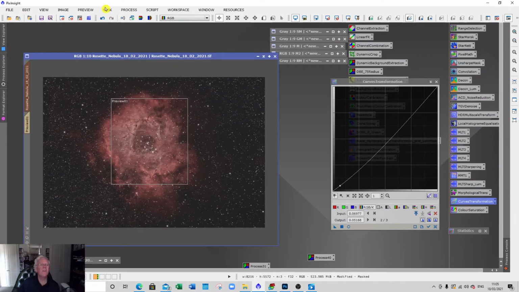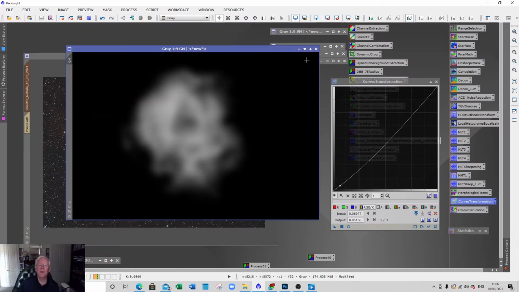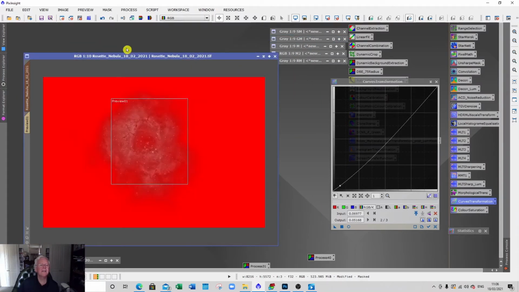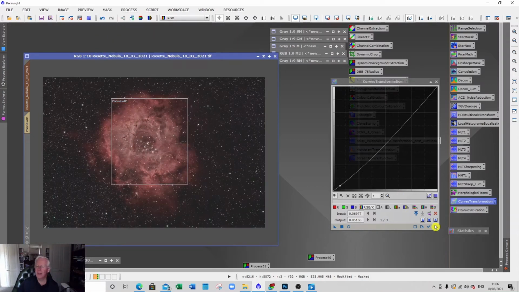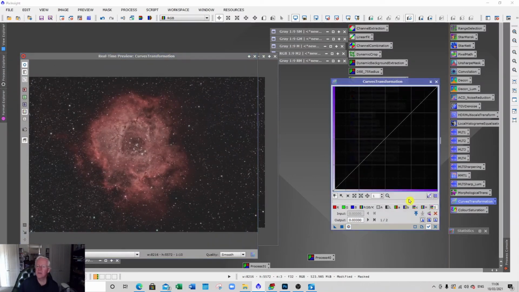Now we can take off that mask and bring back the mask, what I call the galaxy mask, but in fact the nebula mask. So let's just look at that. Right, so everything's protected other than the galaxy. So again, now we go to a real-time preview. And again, what I want to do here is probably just do a little bit of saturation. So if we bring that up,